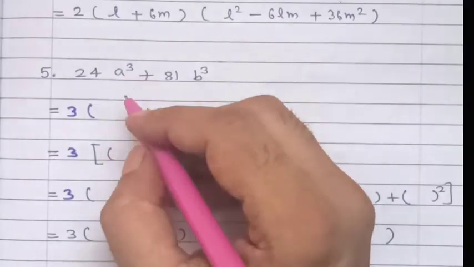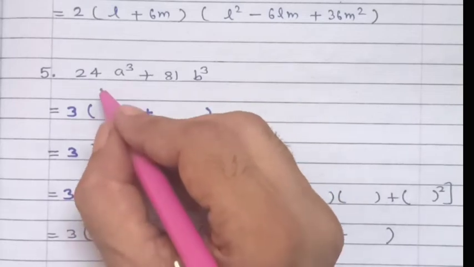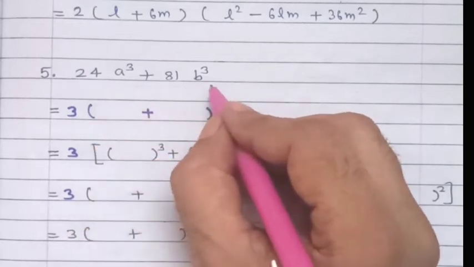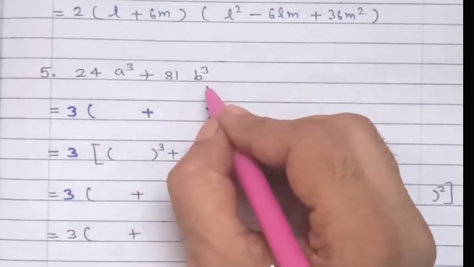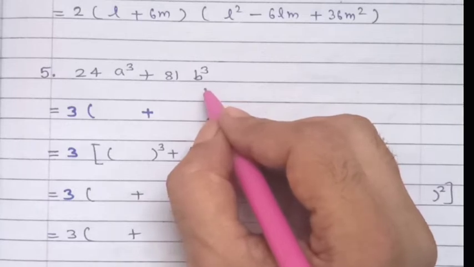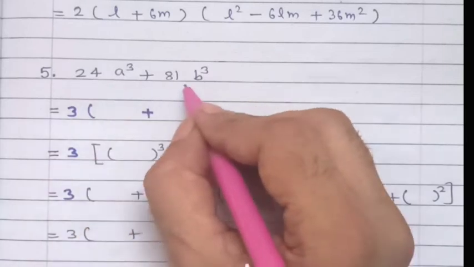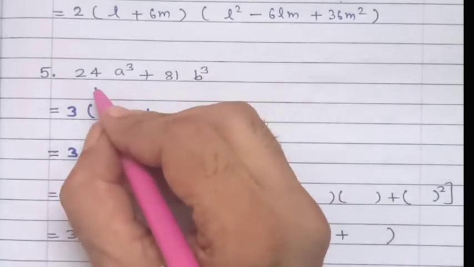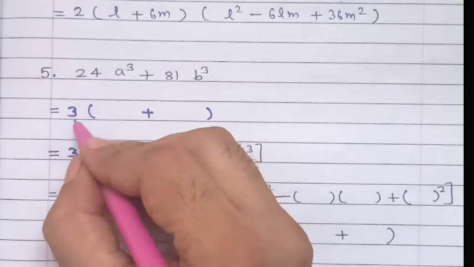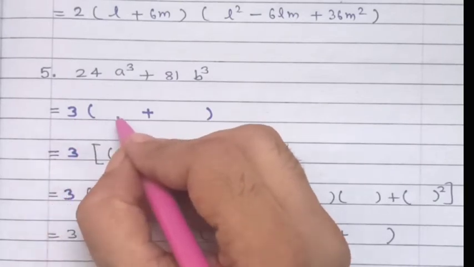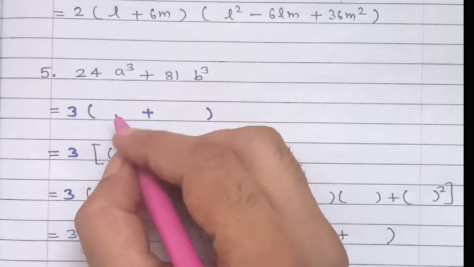Fifth question, 24a cube plus 81b cube. Same like previous question, you will be here finding out the maximum factor, which is your 3. So 3 is taken as a factor. You will be writing here 8a cube